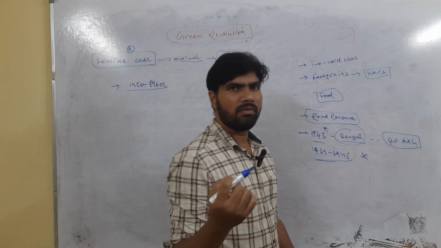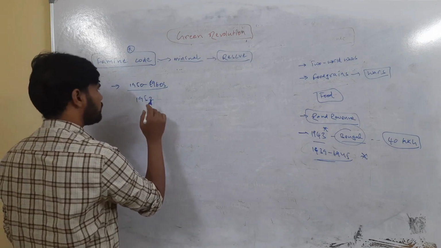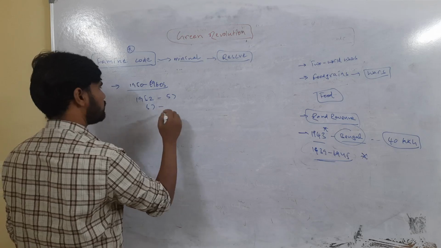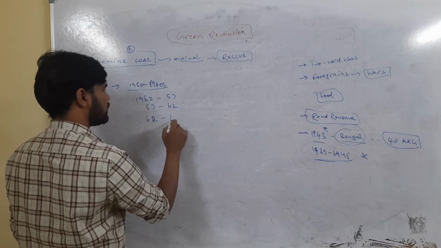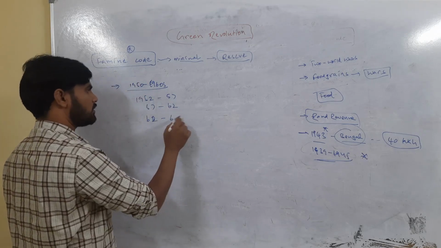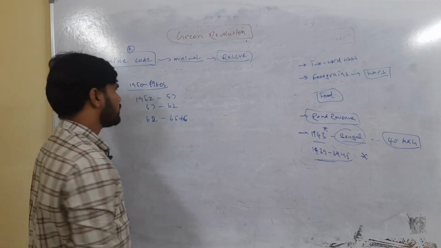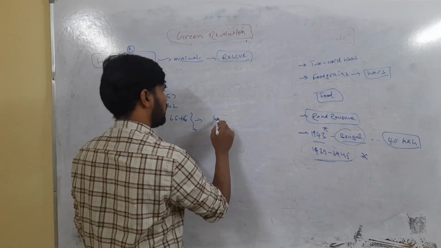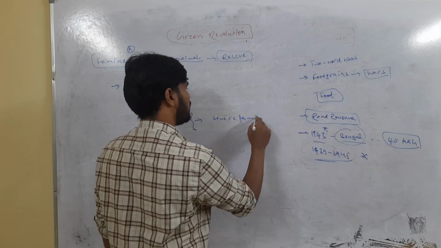Especially the third 5-year plan. After the 5-year plans were started in 1952, then 57, then 57 to 62, then 62 to 66. Actually it should have run until 66, but we stopped it somewhere in 65 and 66 itself, because of the severe famine. This is one more reason.